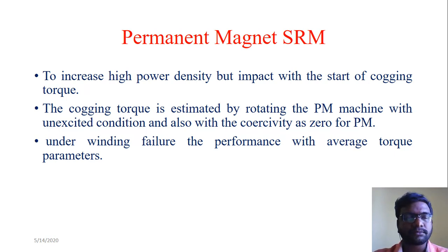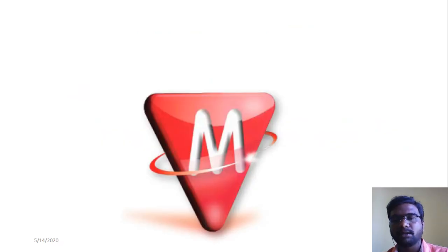And then, since it is a permanent magnet, there is an origin of cogging torque here. There is a rise of a cogging torque in case of a permanent magnet switched reluctance motor, right? Cogging torque is nothing but a torque which is going to oppose the electromagnetic torque or the reluctance torque. How can we identify cogging torque? When the machine is not fed with the supply, just rotate the rotor, and we will obtain a torque. That torque is said to be cogging torque. And now the remaining things we are going to discuss with our simulation packages.